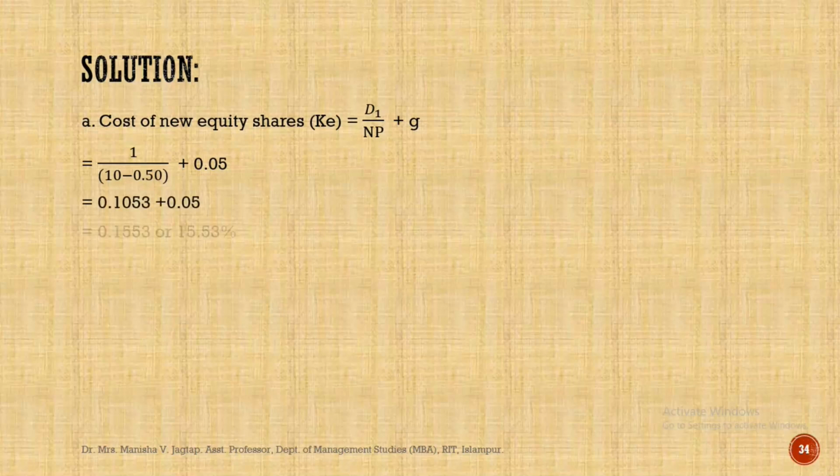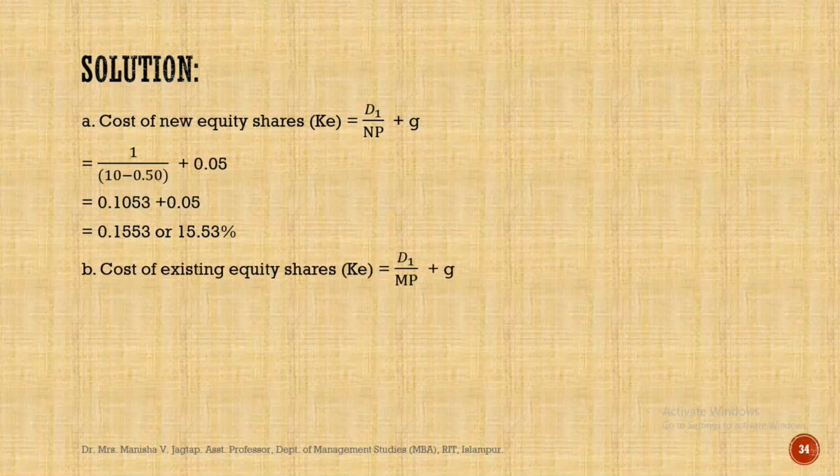And by solving this, we get cost of new equity shares is 15.53%. The net proceed is calculated by deducting flotation cost from the price of the share. Now next is cost of existing equity share, written formula first, and then here we are putting the figures